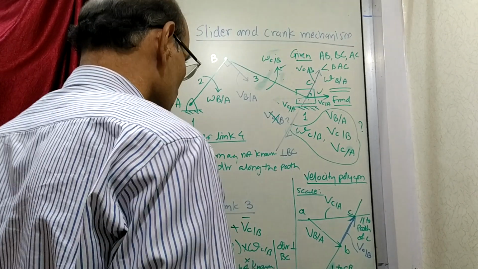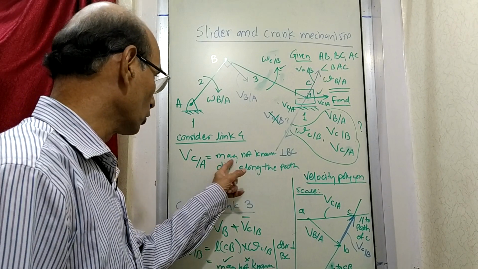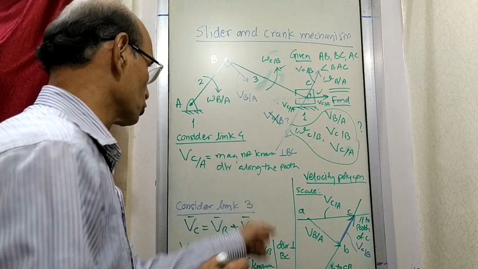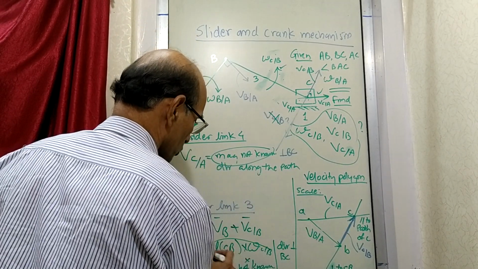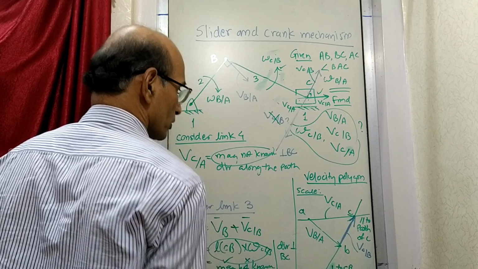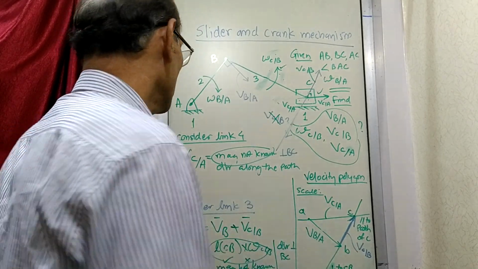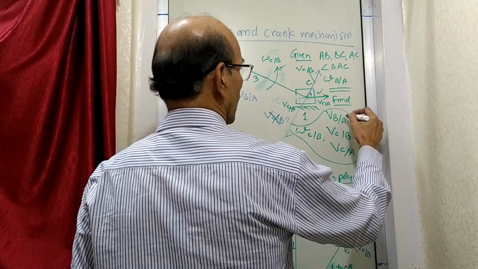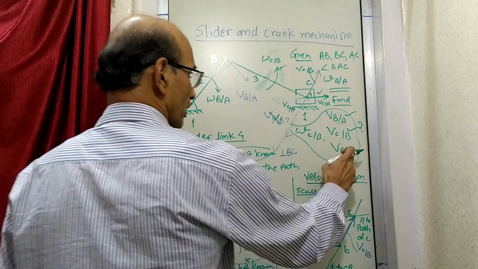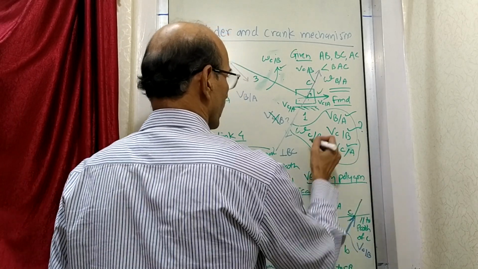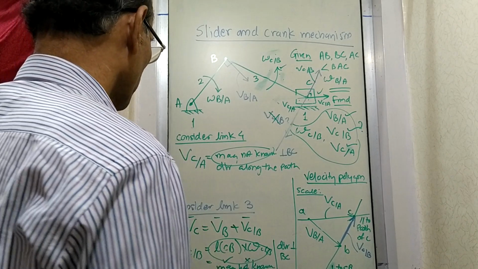So now after we do this much, we have found out the answers which were initially not known. Magnitude was not known, here it is obtained. Magnitude was not known, here it is obtained. So the answers which were not known we got by the graphical method, and as a result you can say that this was known earlier, this is obtained here, and this is obtained here. Now what is this? This is not yet obtained, but we can find that out.